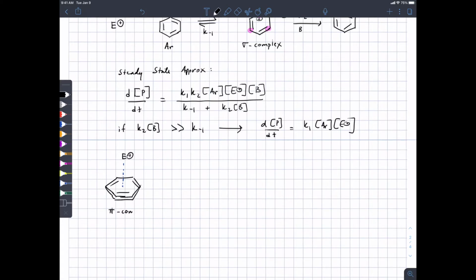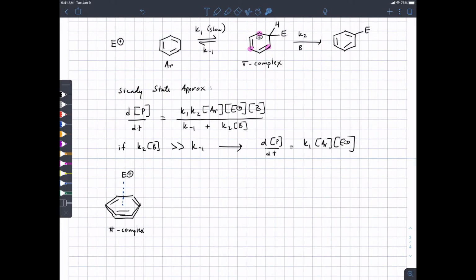That would be called a pi complex, and then it would go quickly from the pi complex to the sigma complex. It's likely not rate determining, but you could be aware of that. Where this will come up will be if you're trying to